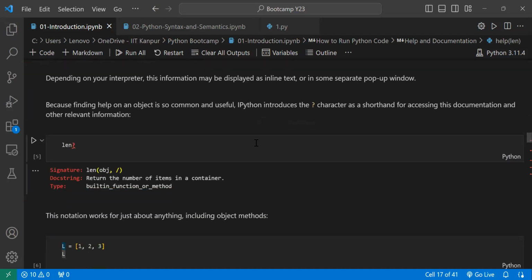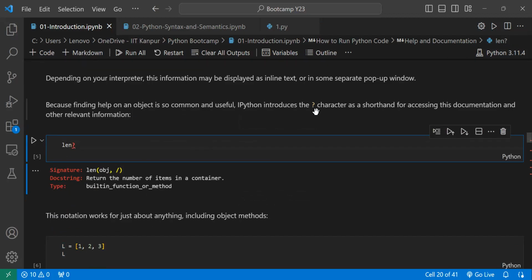So these are some other things in Python which are not used generally, but you can use these things to get more information about how these things are constructed in Python. For example,